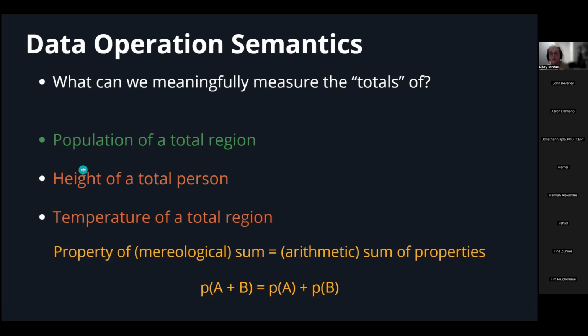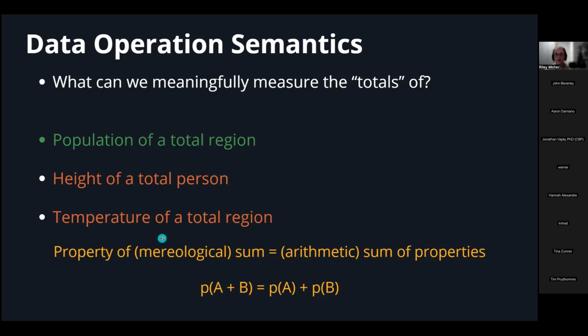However, that might be a valid operation in terms of how we're aggregating things for a person. It doesn't have the same sort of domain, right? To say that the height is a thing that operates on a singular individual person. And if we try to extend that property to this concept of a total person, that's not really a meaningful concept. And then slightly different, but also not a valid interpretation, would be talking about the temperature of a total